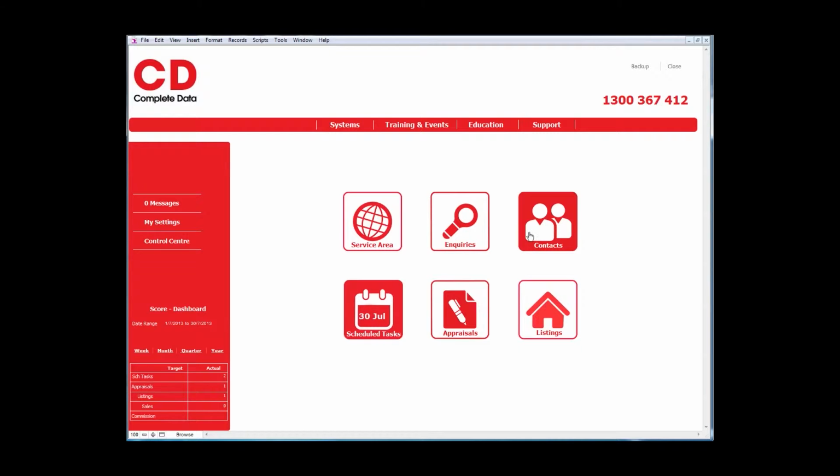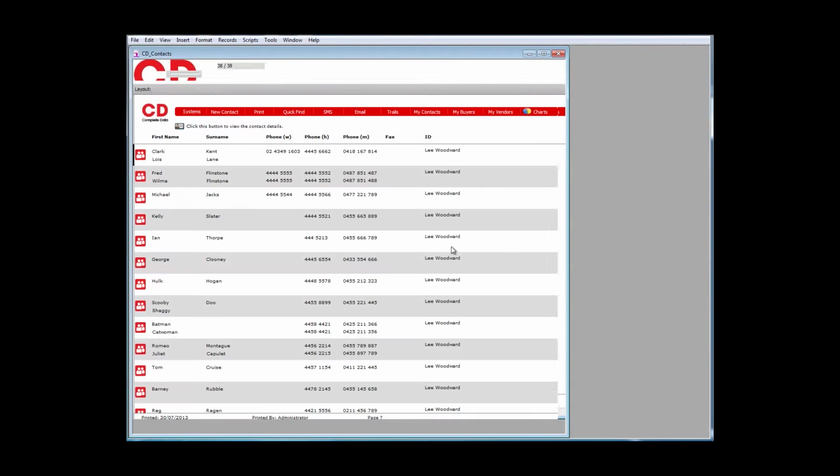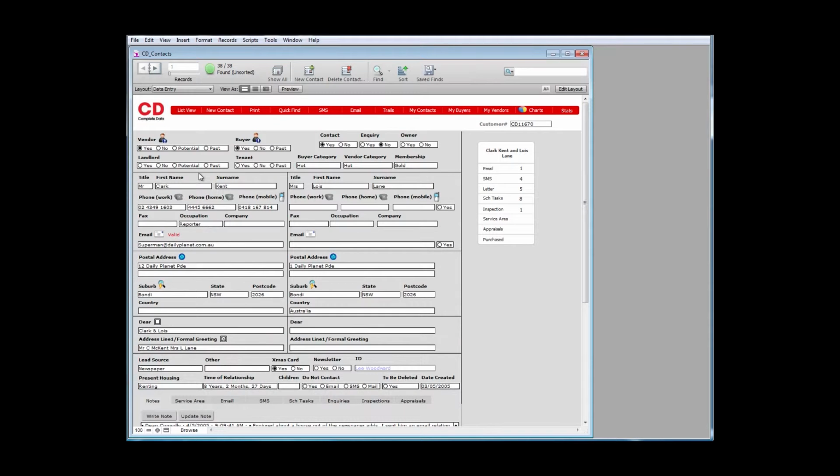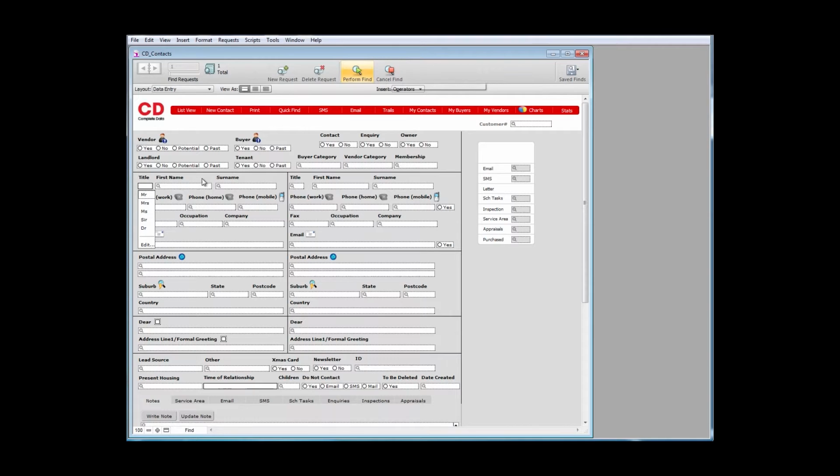From the main screen we can select Complete Data Contacts, and against any record we can select the icon to go into the data entry screen. If we'd like to print an envelope for one record, we can find that particular record. So in this case we can select the Find button in the top toolbar, and if I'd like to print